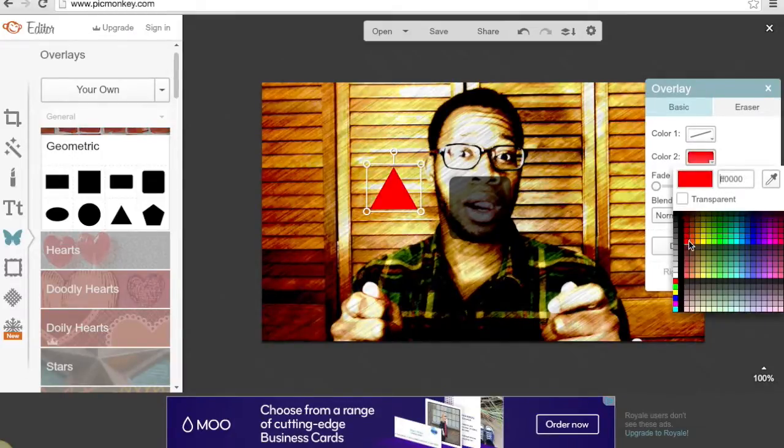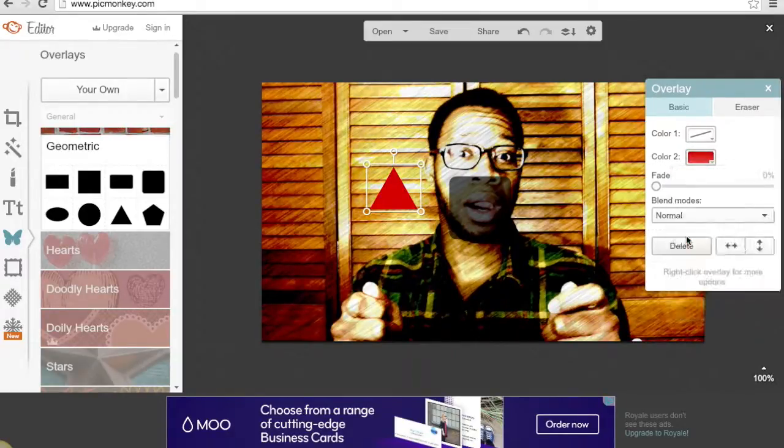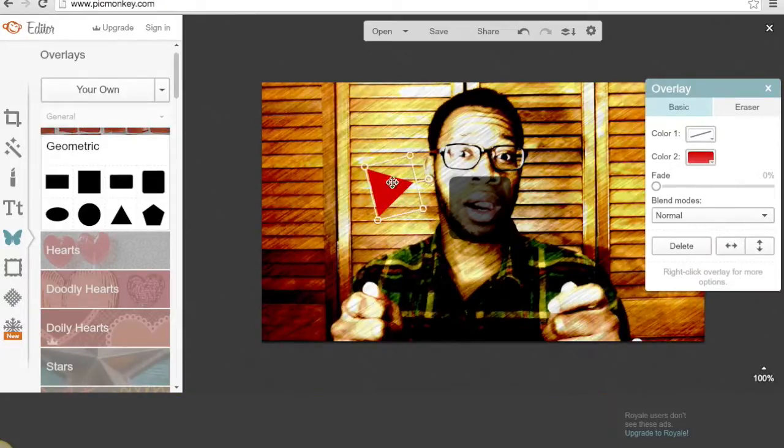Typically, I like to choose red because it's the color of action, and it's like the universal color for a play button, right? So you can click any color you want here, but I like to use this blood red right here. And then what you do is you literally just rotate it. Actually, you can do it while it's inside of here. Okay, so it's